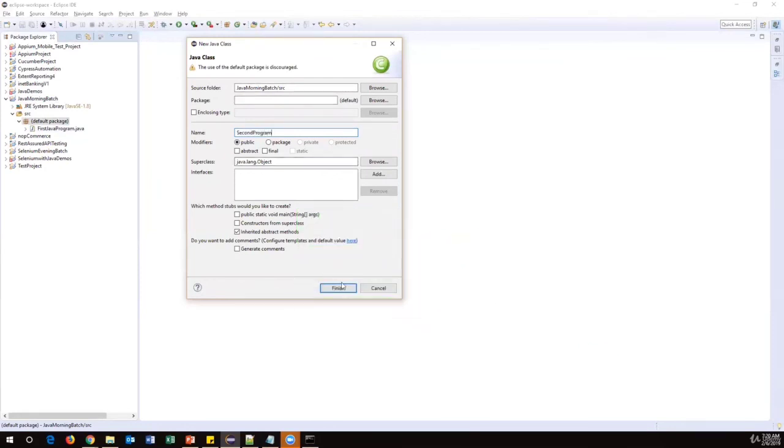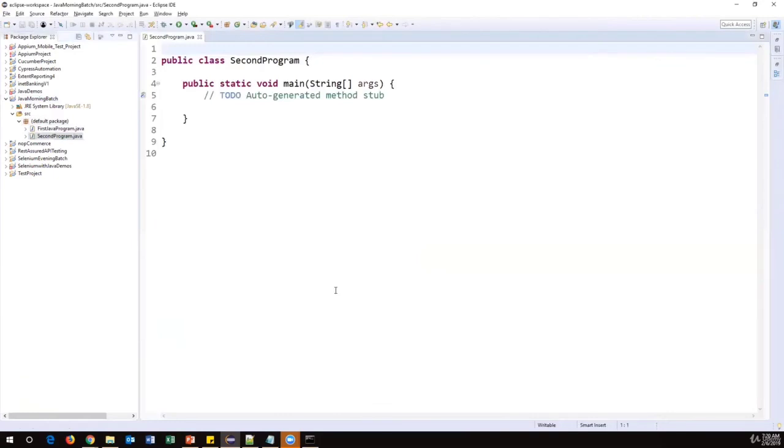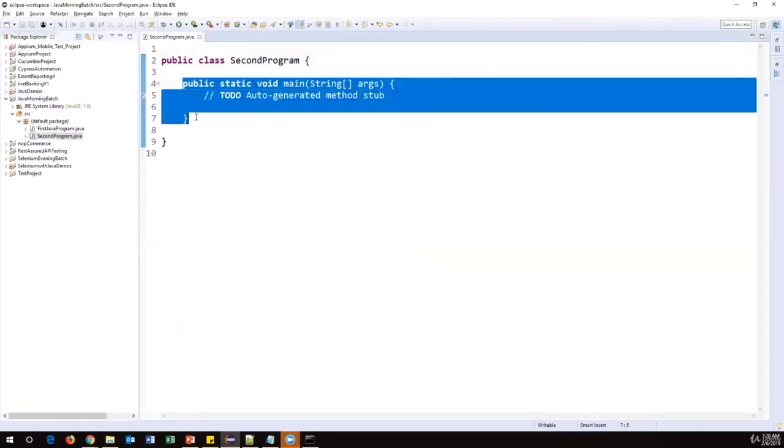Before clicking on finish, just select this checkbox, public static void main, because by default the method will be included in this class. You need not write the main method manually. So select this option and just click on finish. Now you will see a new class is created along with the main method.